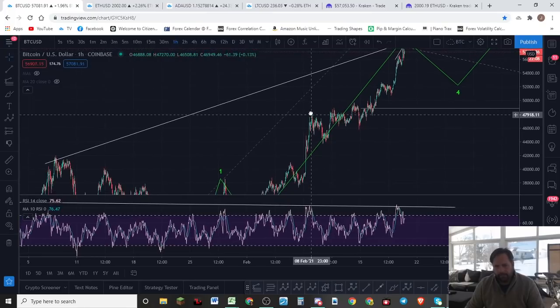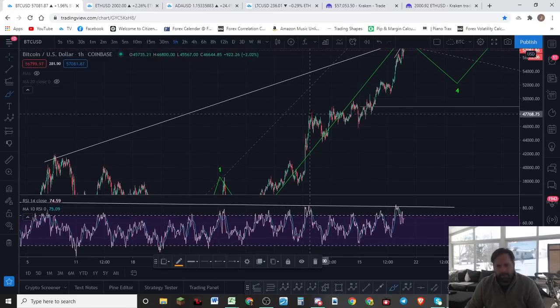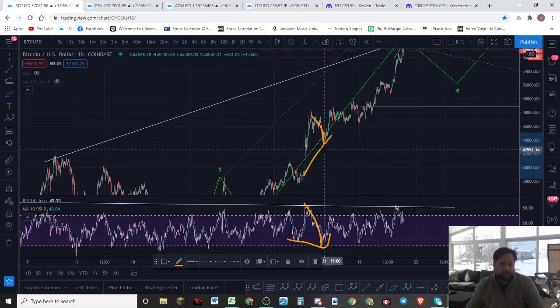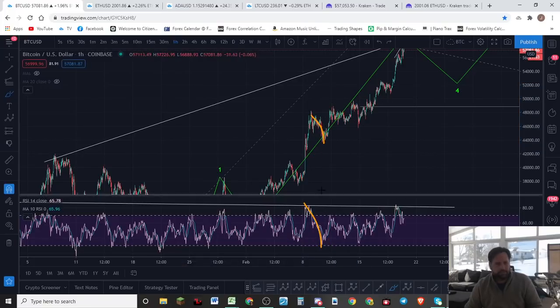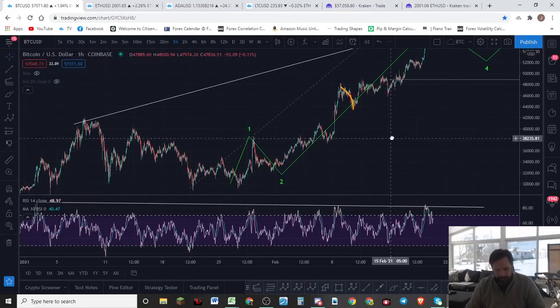So price came down on this wave right here, but look how far the RSI came down to reset, and you see the slope is down there, and the slope is up. That's hidden bullish divergence. It lets you know that price was going up. Okay, and certainly that was a trade signal for us in our group. We would have taken that at that time.